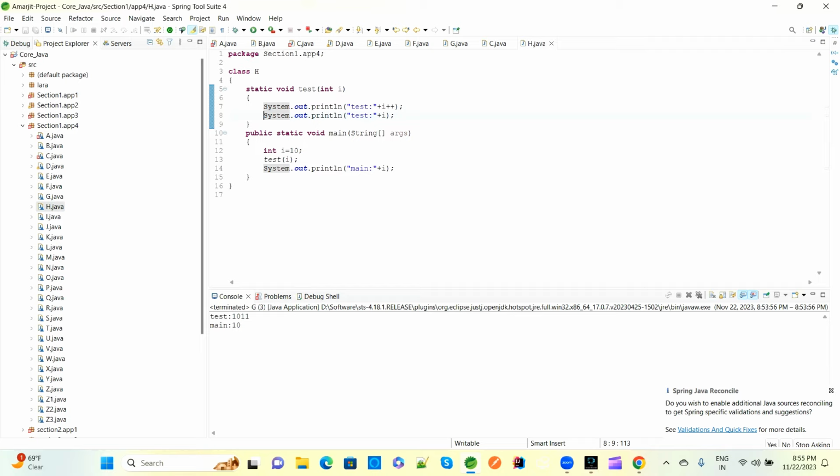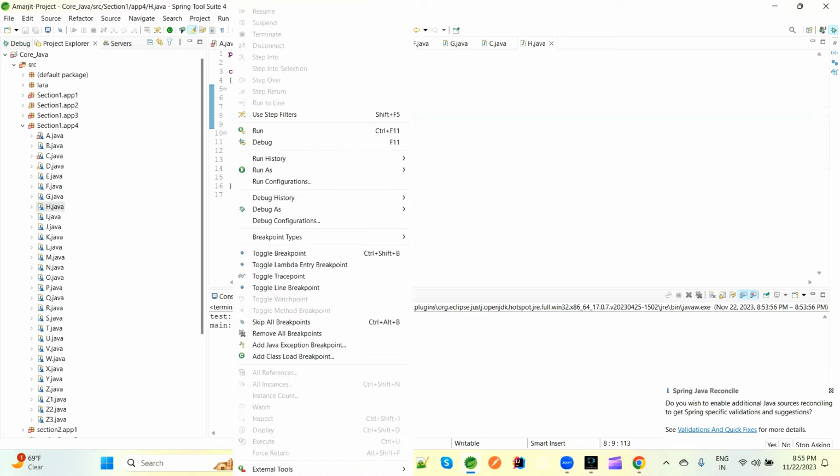7 will be 10 and 8 will be 11. 10, 7 will 11, be 10. 10, 11, 10. Okay,